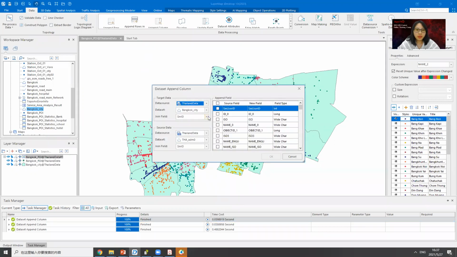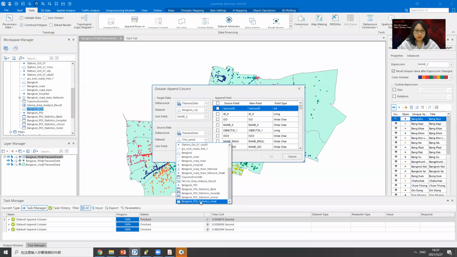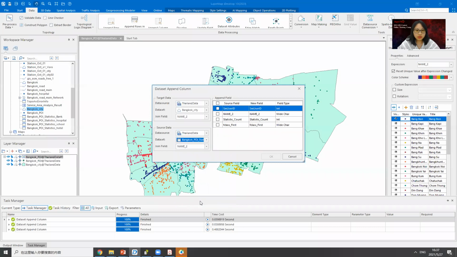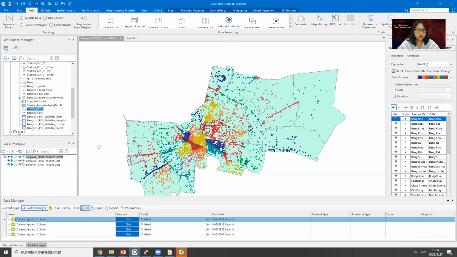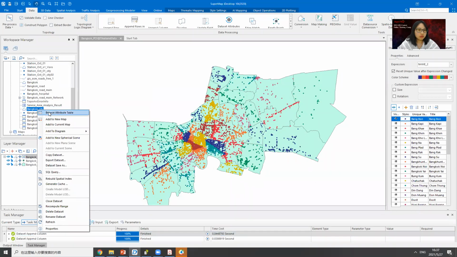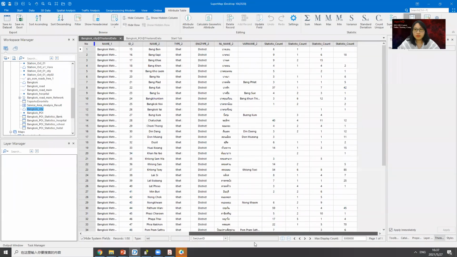Here. I think this is the last one. School. Okay. So let me check the result. Here we found the four statistics results have already been appended to the cities, but here we find that they are all named statistic count. So here we should